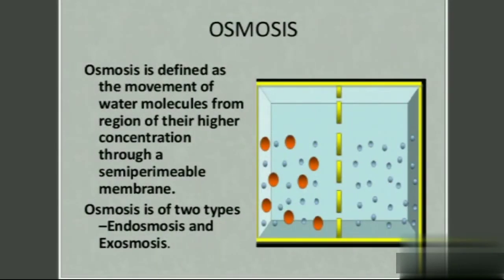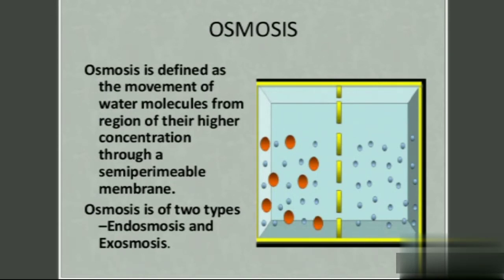Okay, students, now we will see osmosis. Osmosis is defined as the movement of water. Basically, it is a type of diffusion where specifically water molecules are involved, moving from higher concentration to lower concentration. We are not talking about the salt or solute concentration. We are talking about the solvent. What is the solvent here? Water molecules. We know that water is a universal solvent. You have to be very clear about this when you write the definition.